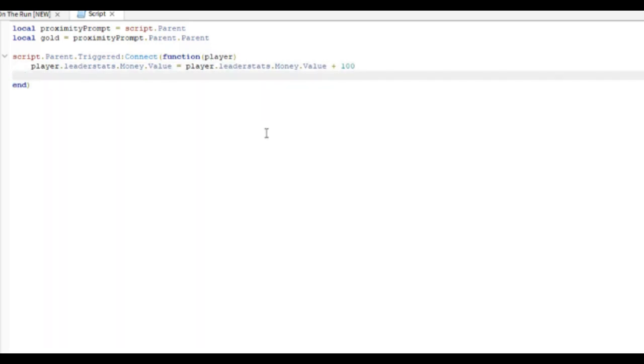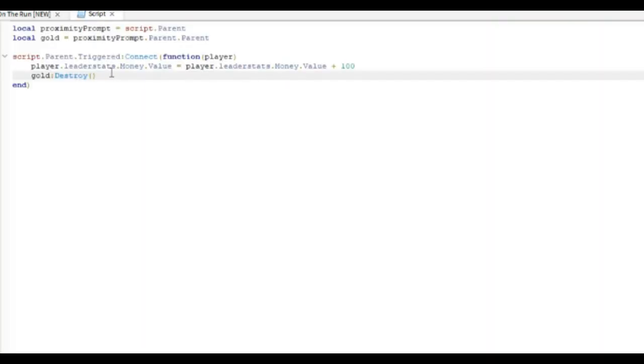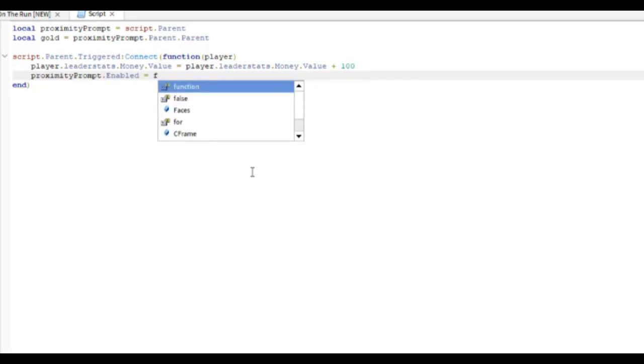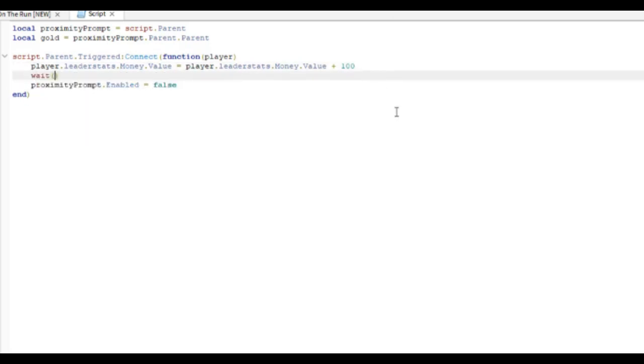And then if you want to, you can do gold destroy, because then it gets rid of it, and then it's more realistic. But what you could also do is proximity prompt enabled equals false, but I would put a wait between there because otherwise it may glitch. So I just put a 0.5 there,